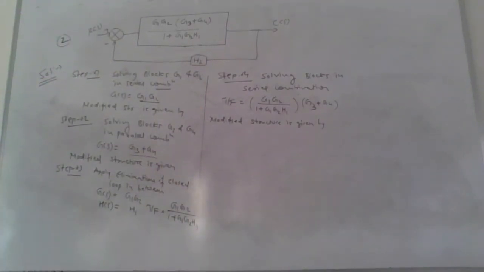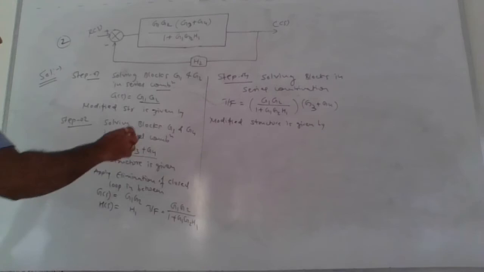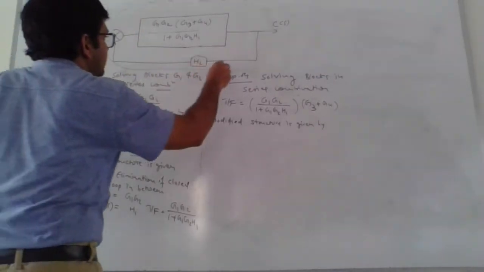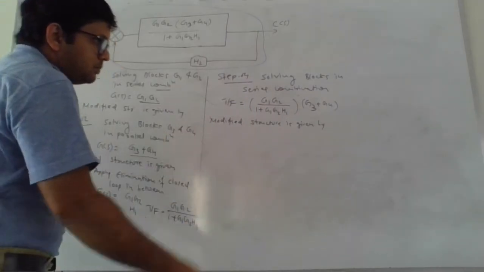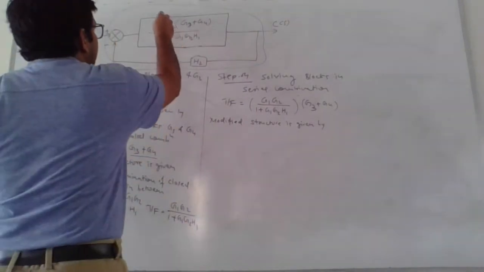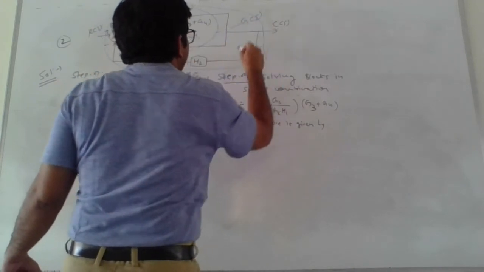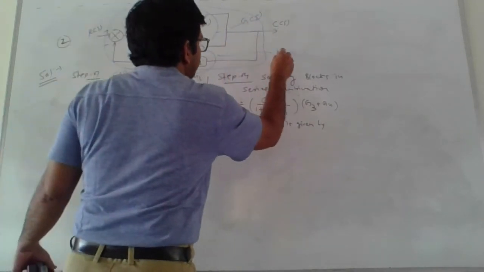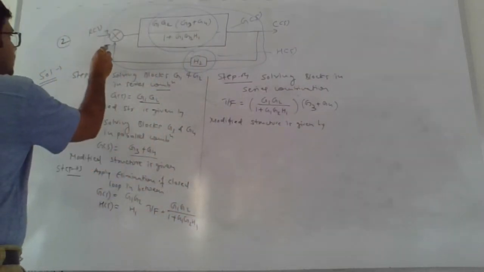Now see whether they are in series, parallel, or we need to apply some different technique over here. Now if you observe this structure very carefully, here this indicates your closed loop structure. This entire gain indicates your forward path gain, which is nothing but G of S, and this indicates your feedback path gain, which is nothing but H of S, and the nature of feedback signal is again negative.